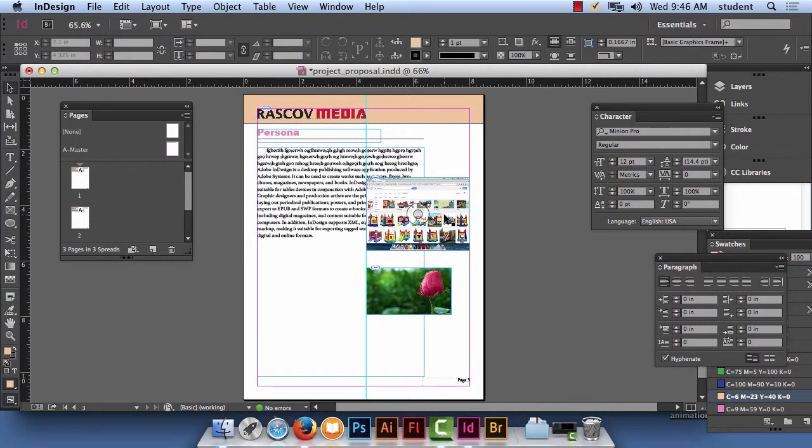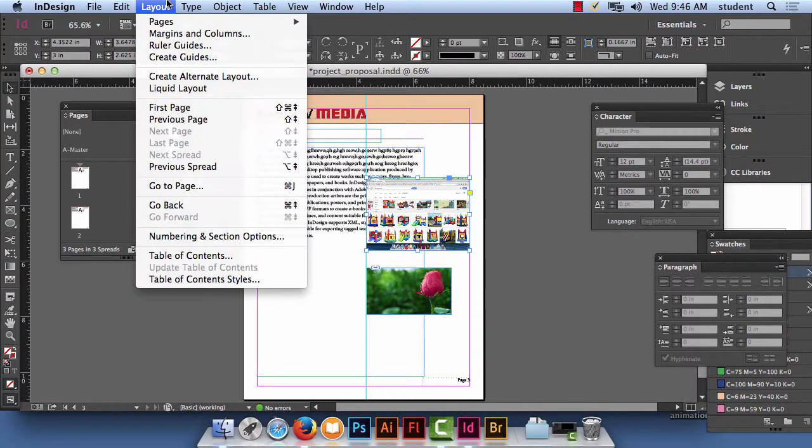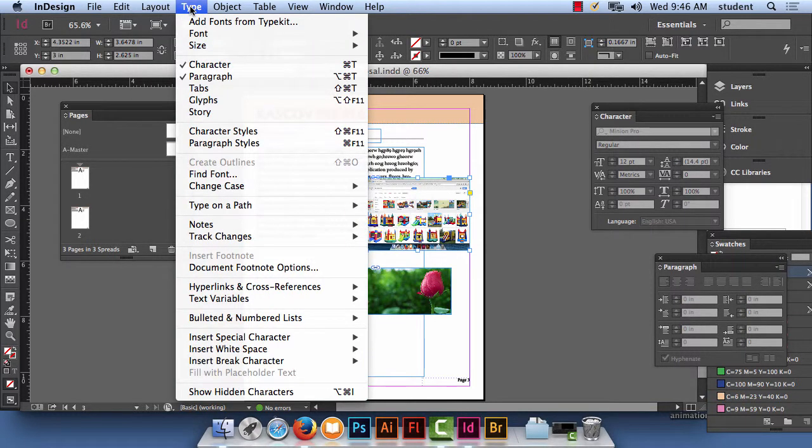Let me just select the graphic itself first. Let me try that. Just one graphic too. Let me try that. Select that. I think the option is